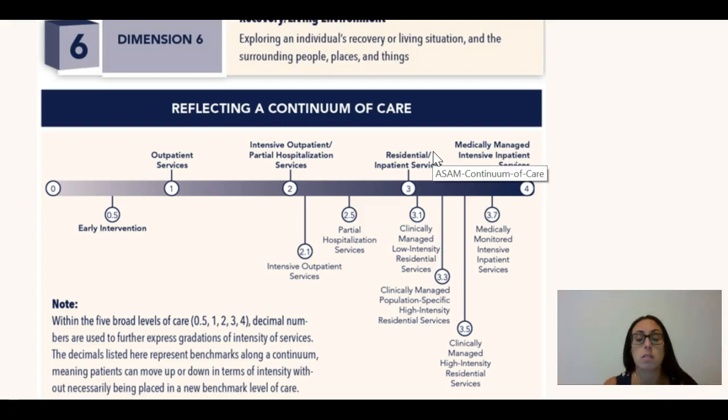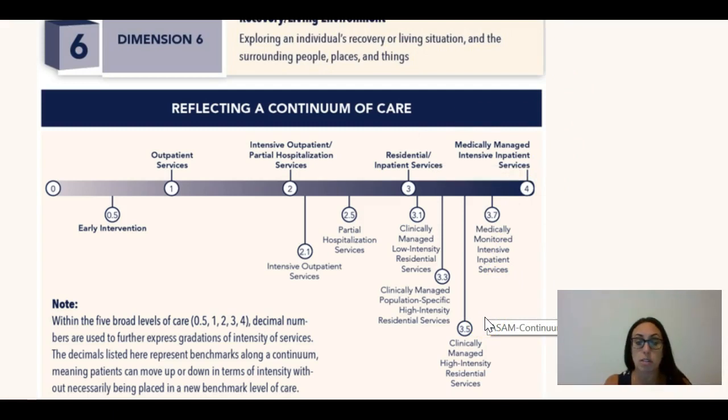So they live there, and you're referring clients to residential inpatient services when all of these other treatment approaches have not worked. They haven't had great success at these other approaches. So remember, we always start at the least and we move to the most intense or the most involved. Think of it as sort of a continuous flow. Did they start at the lower level and now have they relapsed and relapsed and relapsed, or the consequences keep piling up and piling up, and now you need to refer them to sort of more intense managed care.